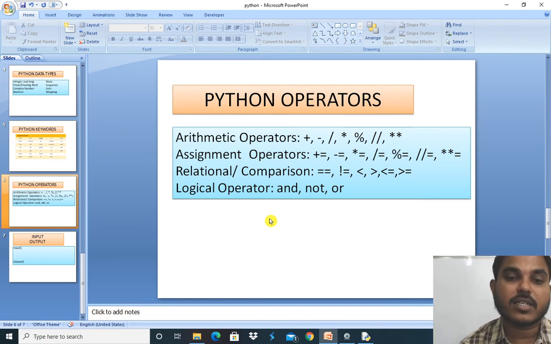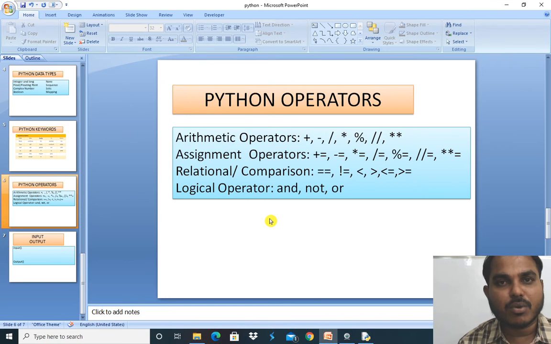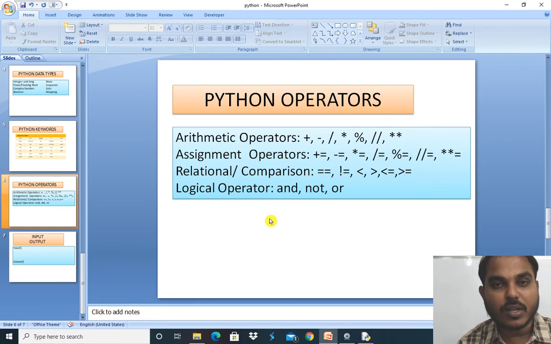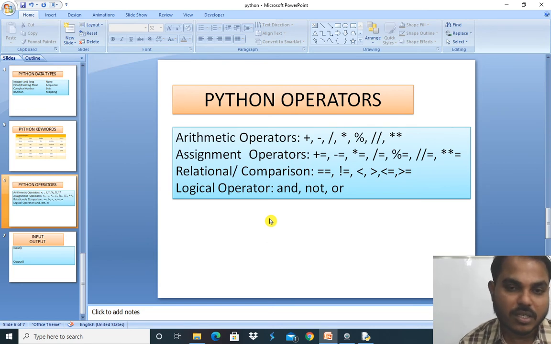The next operator is the logical operator. Here AND and OR, 2 operators work on different aspects. Say for example AND, AND is nothing but both the conditions should be true. For example, binary values we know are 0 and 1. If one value is 0 and one more value is 1, the result given by the AND operator is 0, right? So 0, 0, 0 again. If you want to prove the AND operator as true, then both conditions must be true. But in OR, if any one of the conditions is true, then it returns true. So how it works, we'll see.